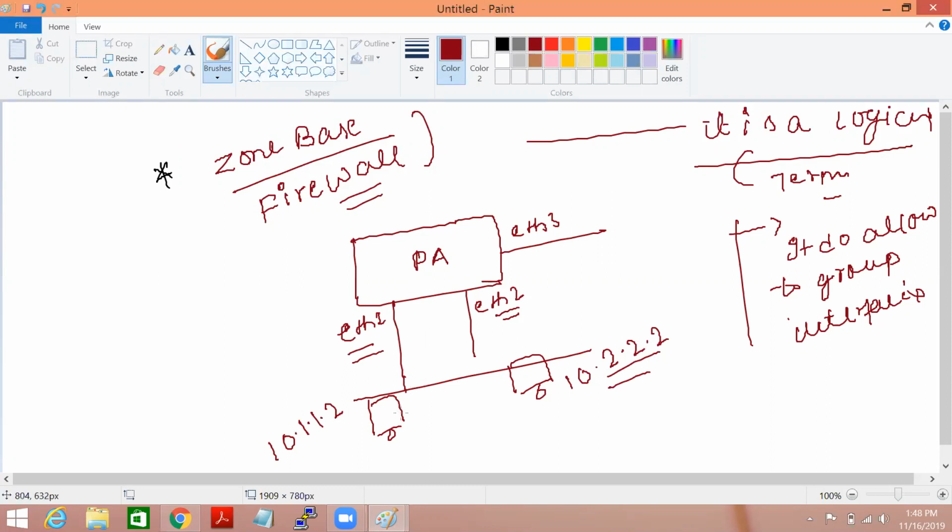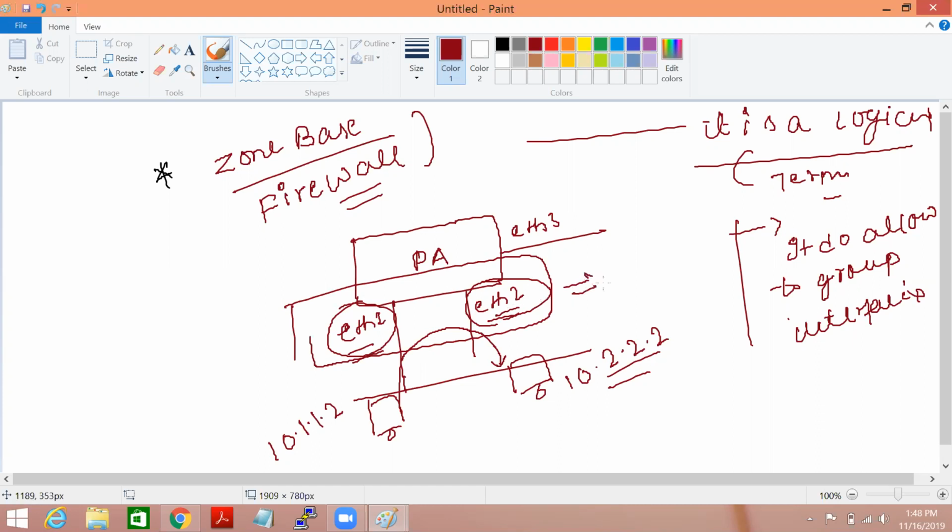If I try to ping from 10.1.1.2 to 10.2.2.2, this kind of traffic will be considered same zone traffic, if we consider these two interfaces in a zone called, let's say, trust. If I put these interfaces into a logical zone, my trust, these two interfaces will become part of trust.